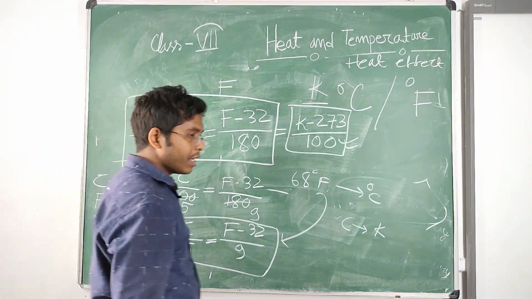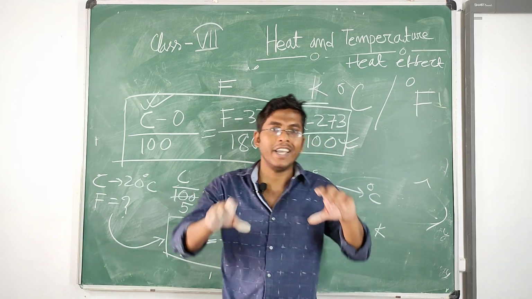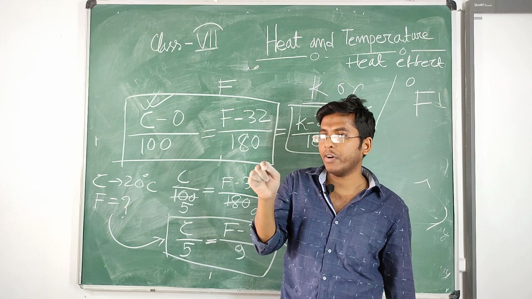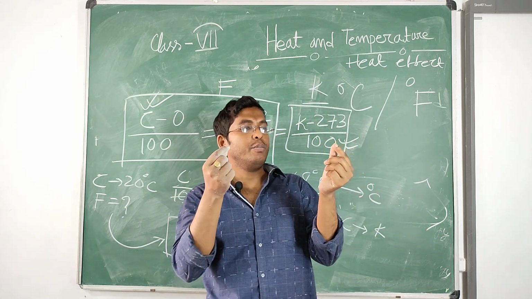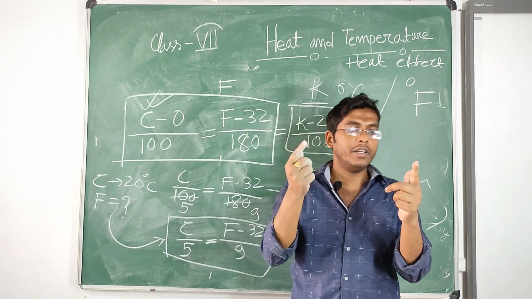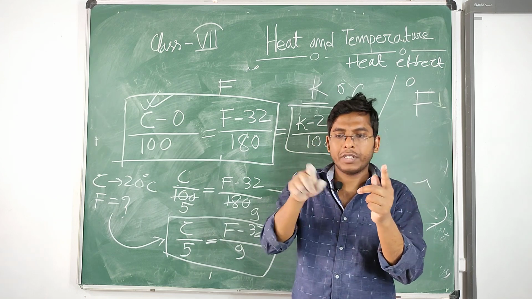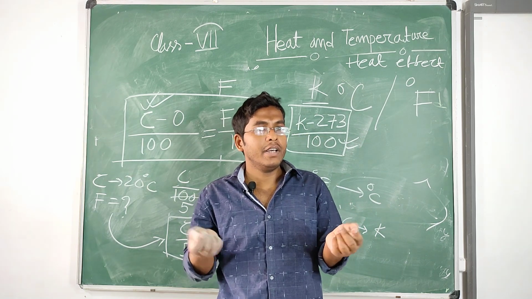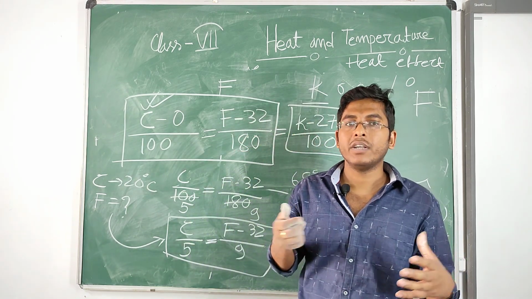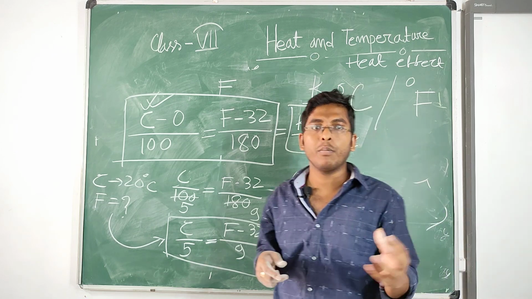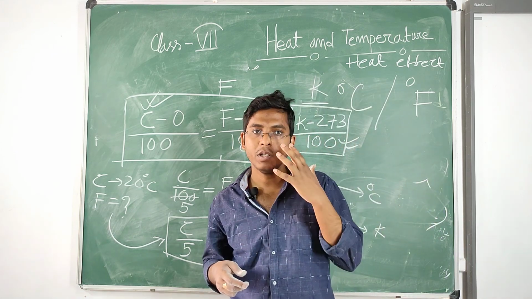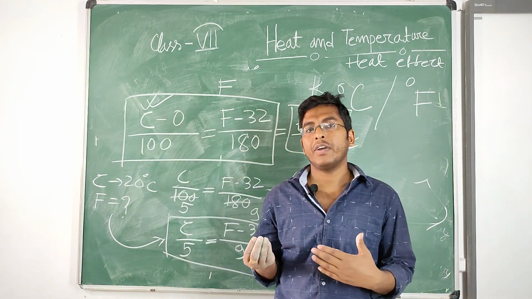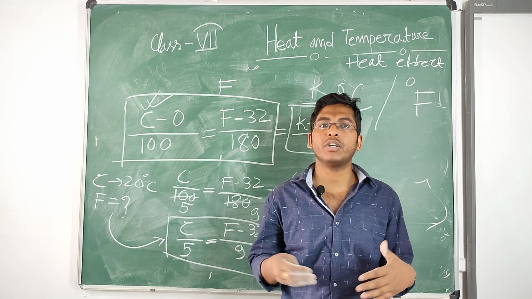You have already seen the scale at home. On a scale there are two bigger points with a smaller point in the middle. Suppose the difference between two bigger points is 10 and it is divided into 10 smaller divisions, so each division is 1 degree. The same type of concept is used in the calibration of a thermometer. Next class I will discuss the next topic, clinical thermometer and laboratory thermometer.